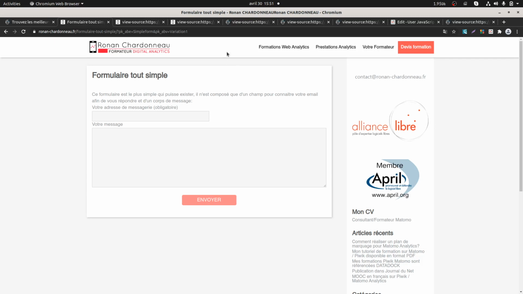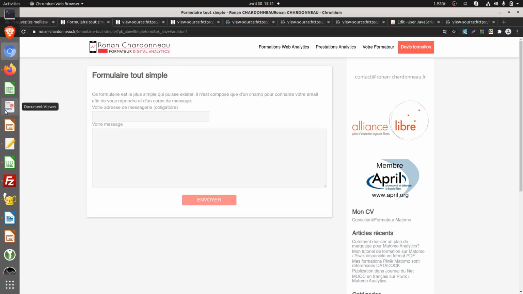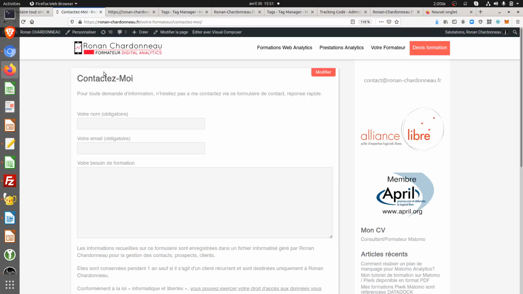But here, what we can see is that it's working. The only thing is it's a bit annoying because we get this delay in which we can clearly see the old version coming through. But this can be erased by adding another piece of code on your website in order to say, okay, please wait for the tag manager to be loaded before sending the B version here.